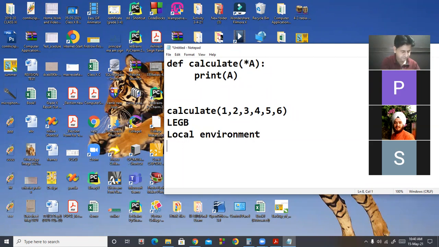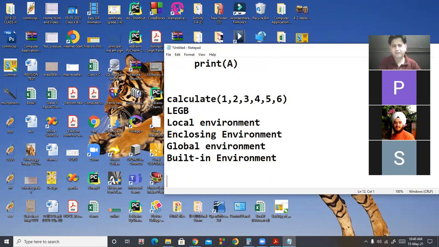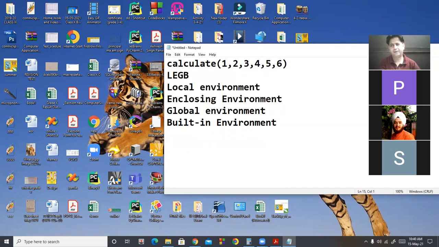Then E stands for enclosing environment, then G stands for global environment, and B stands for built-in environment. So always preference is given to the local environment.